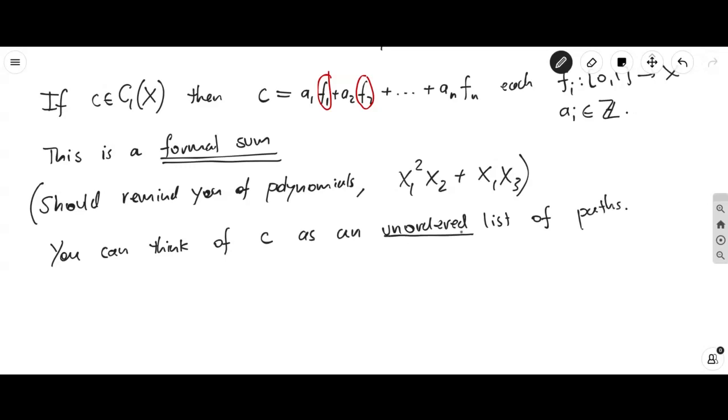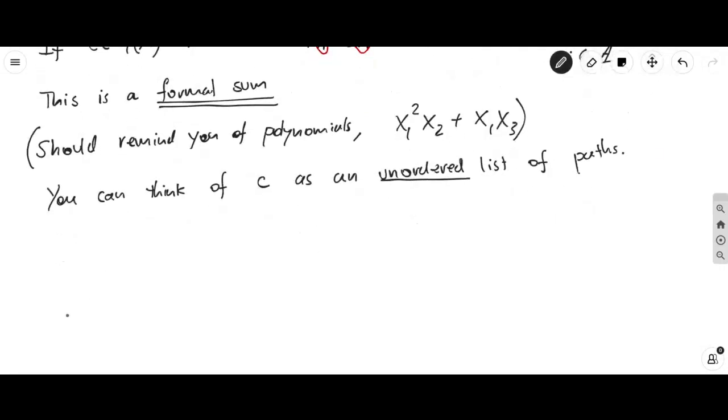So it's an unordered list because it's a free abelian group. It's an abelian group, so you can rewrite them in a different way. And the numbers in front, the coefficients, they just tell you how many times the path appears in the list. Okay, so how can you intuitively visualize